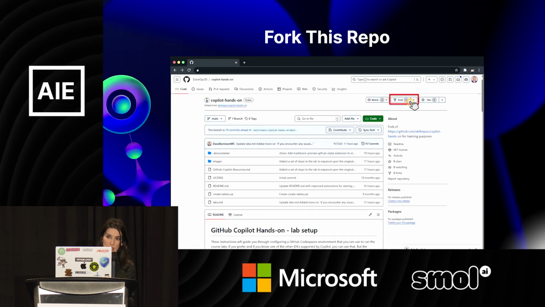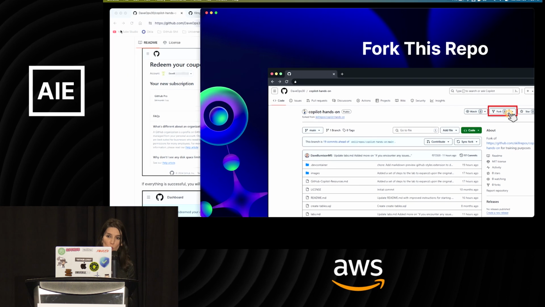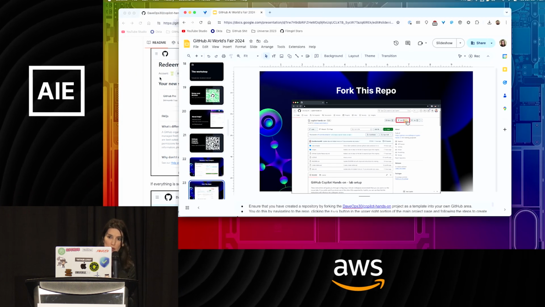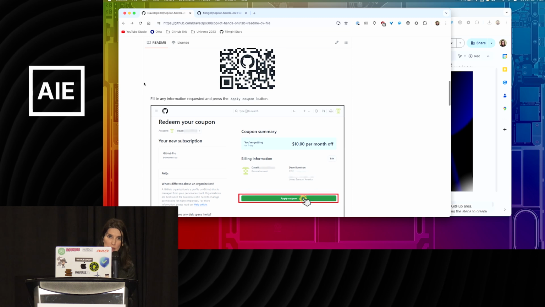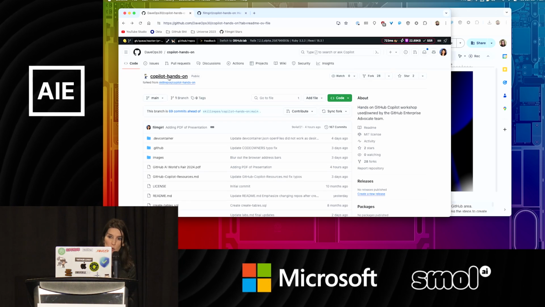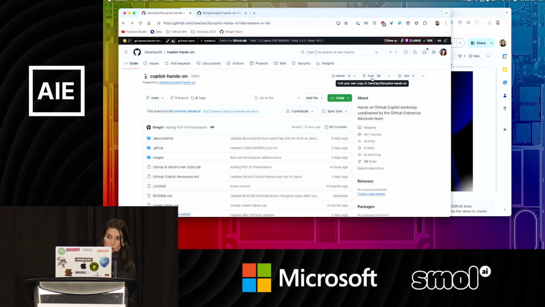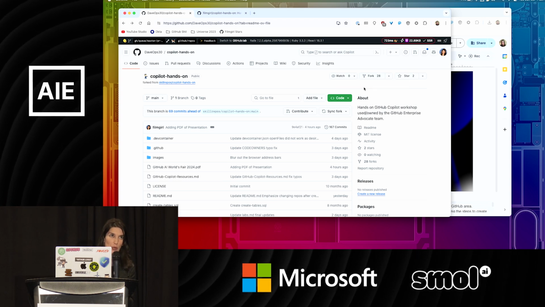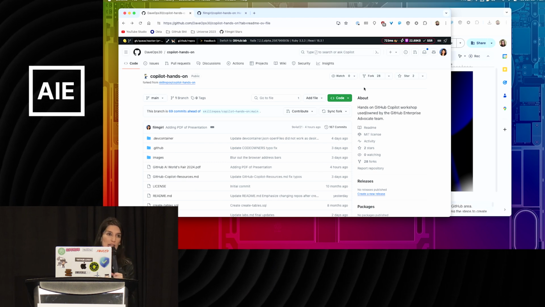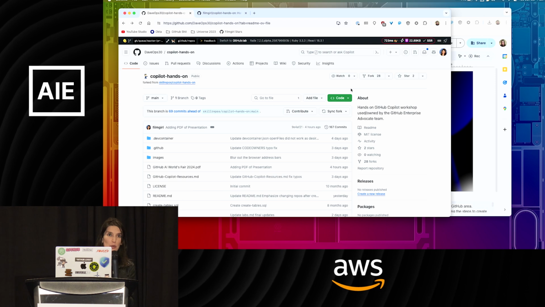Some time for that. And the next thing you're going to want to do after you've redeemed your coupon, and again, we'll make sure that we take time if anybody has any issues to get that set up, is in this Copilot hands-on repo, you're going to want to fork this repo and make your own copy, so that if you need to make any changes yourself, you can. But the more important aspect here is that to run this workshop, we are going to use a feature called